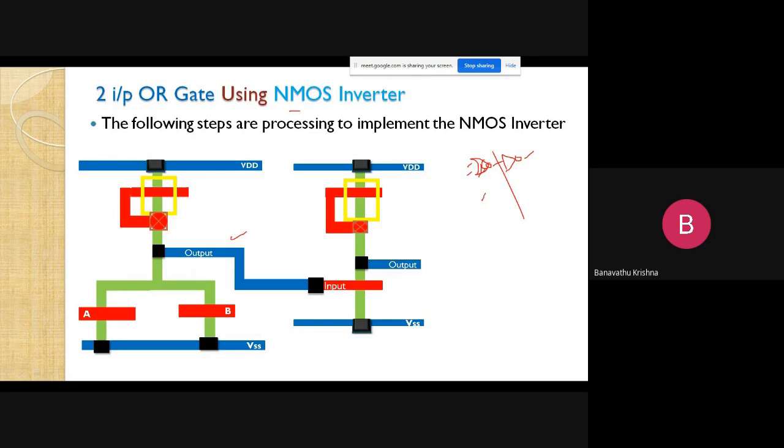This is the NOR operation. This is the inverter operation. This is equal to OR, right? This is the NOR circuit diagram. This is the inverter circuit diagram. Finally, we are getting the OR operation, right?